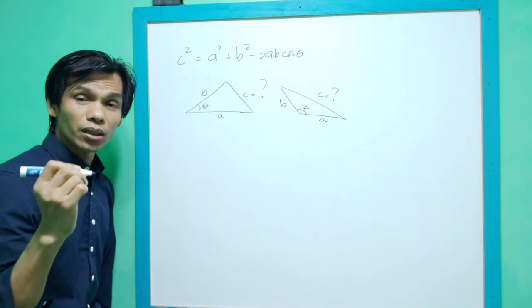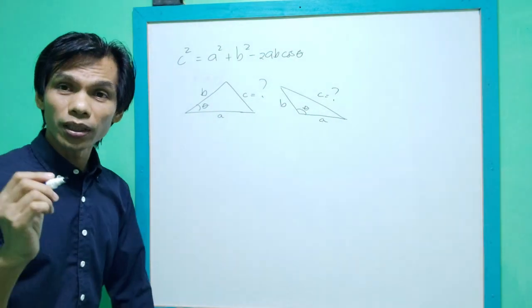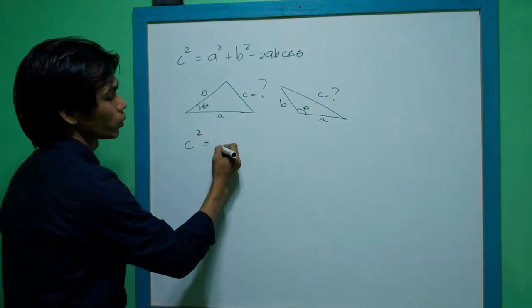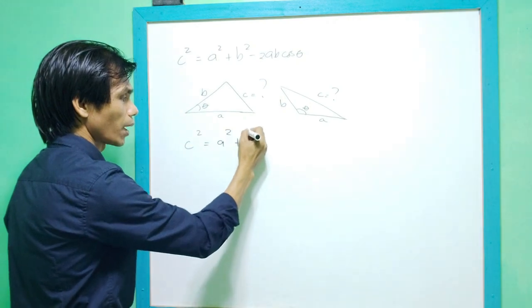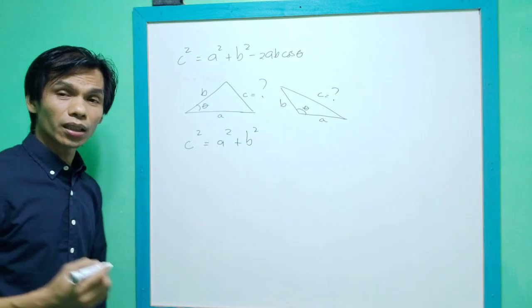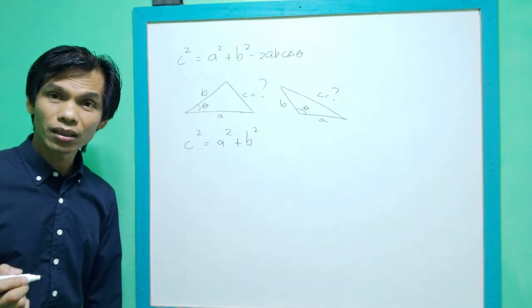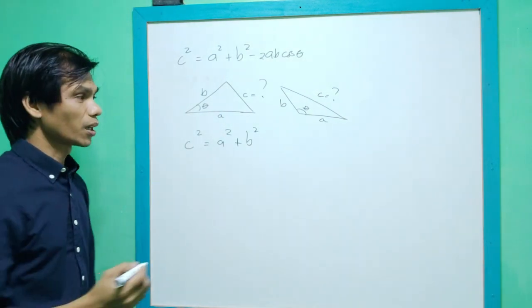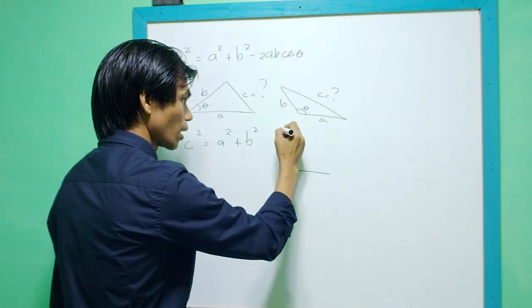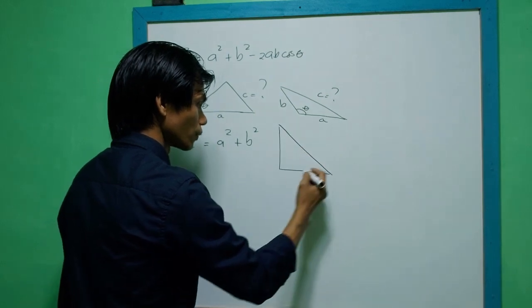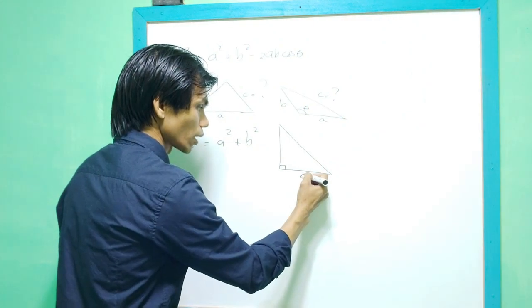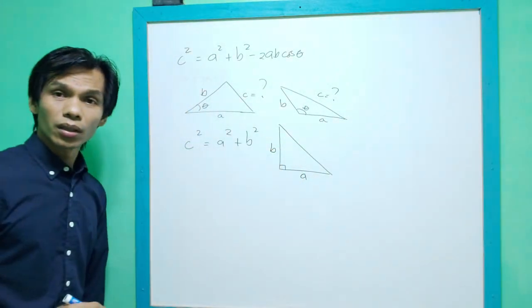Kung maalala nyo pa yung Pythagorean Theorem, ano nga yung formula ng Pythagorean Theorem natin? That is c squared is equal to a squared plus b squared. Diba? So, Pythagorean Theorem, kailan siya ginagamit? Ginagamit siya sa mga right triangles. So, for example, pag sinabi nating right triangles, dapat meron siyang right angle. So, ito yung A natin, ito yung B natin. Notice guys,